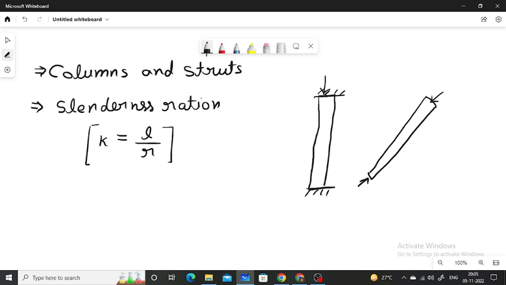Okay, what is a short column? Columns which have length less than 8 times their respective diameters, or slenderness ratio less than 32, are called short columns. Okay,